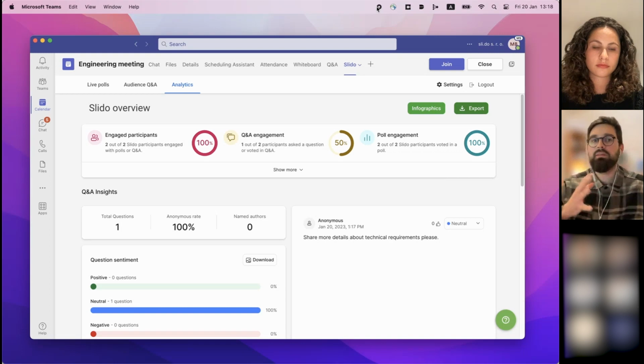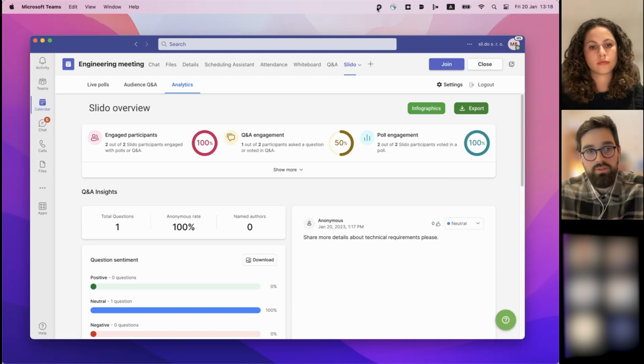This nicely demonstrates that you start somewhere in Teams as you're preparing for the meeting, you create the polls in advance, and then while you're in the meeting, you can control Slido, activate polls, and create new ones on the fly. And then finally, once the meeting is over, you can share the results with the participants, or you can export them and save them into your deck. And that's it for now.